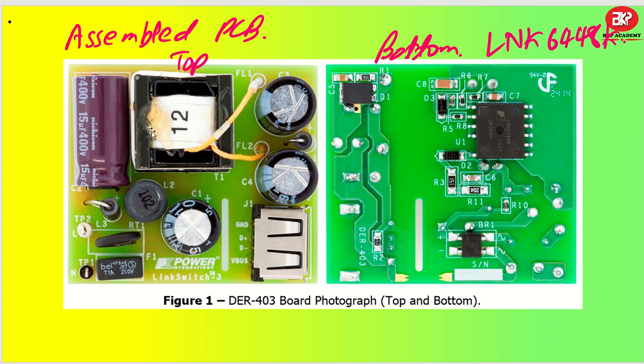And you can see this is the transformer, this is the input capacitor, these two are output capacitors, this is the line and neutral input. It has a fuse and MOVs and all those things. So we'll see each and every part one by one. This has a USB output connector, okay? So USB plus minus will be available here, okay? And on the bottom side you can see this is the bridge rectifier that is going to give you the rectified output, okay? And this is the diode for the rectification purpose, all right?